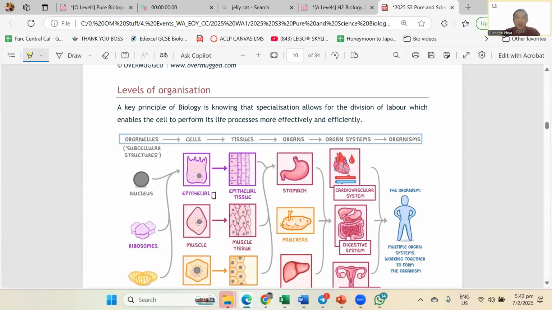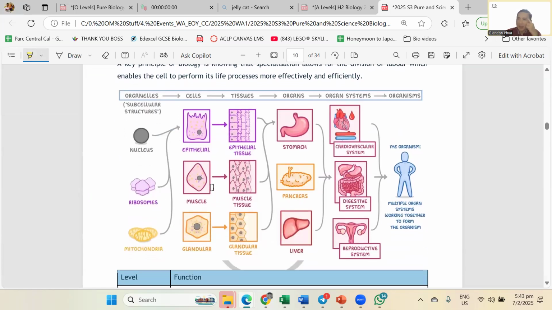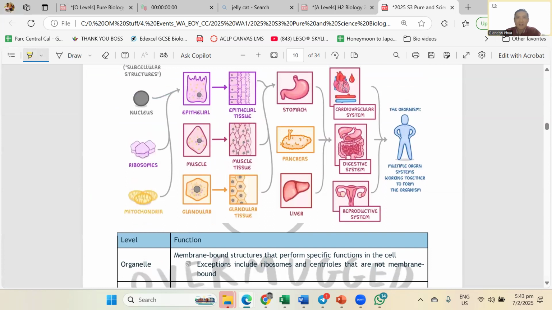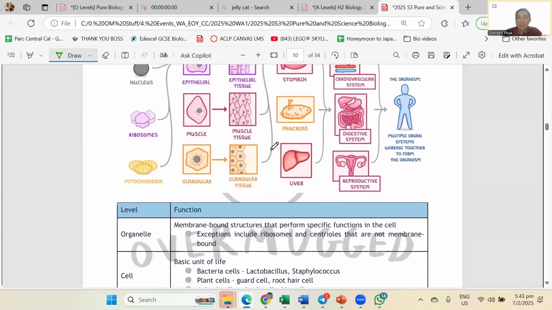Okay, now level of organization, this one is literally you once again. So if you have paid attention in Sec 2, this is a bit easier. But let me just do a very quick recap. First thing first, cell is not the smallest, it is the organelle. So I have my organelle, then I have my cells. This one, usually they test you in MCQ. So very, very hard, okay? Don't come out structured. I haven't really seen it come out as a structured question. They usually test in MCQ, what is the correct order? So I just need you to know this.